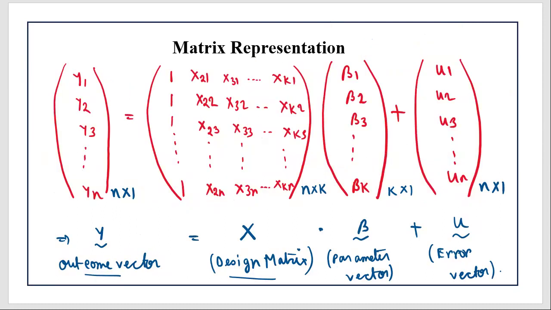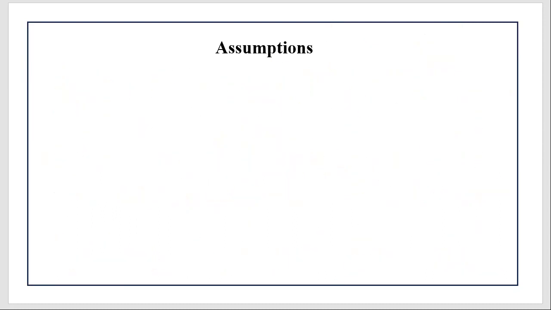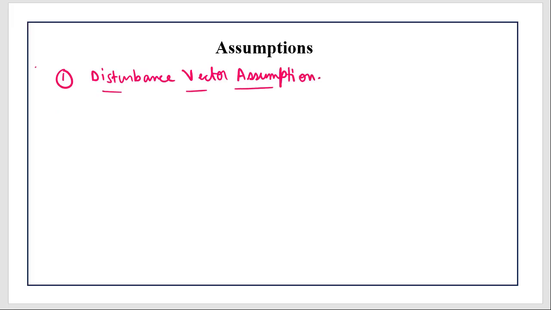Now, as usual in CLRM and MLRM, we have studied some of the assumptions. Here also, we will look at some of the important assumptions of this particular representation, right? The first assumption is known as the disturbance vector assumption. It is the zero mean assumption, which basically means that if you take the expected value of